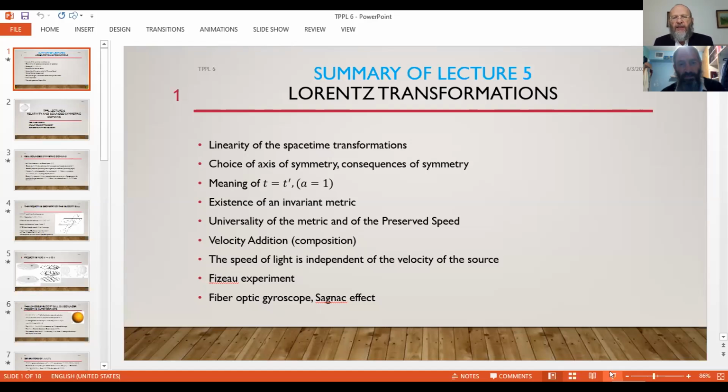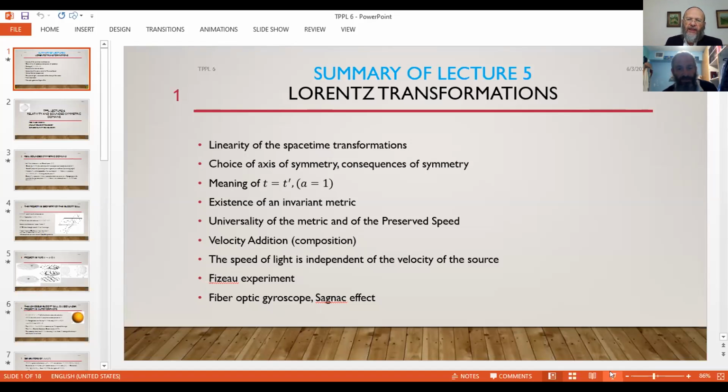In this lecture, we have shown that based on the same principles we had in classical physics, the principle of relativity, the transformation between two inertial frames is linear in the space-time transformation. And by choice of the axes, keeping the symmetry, not breaking it,